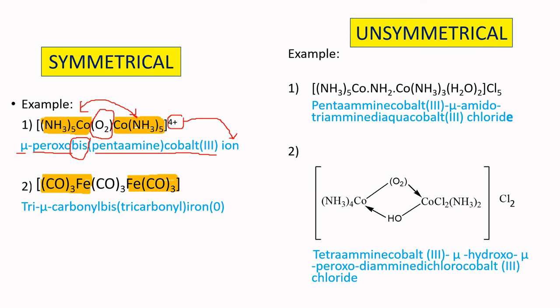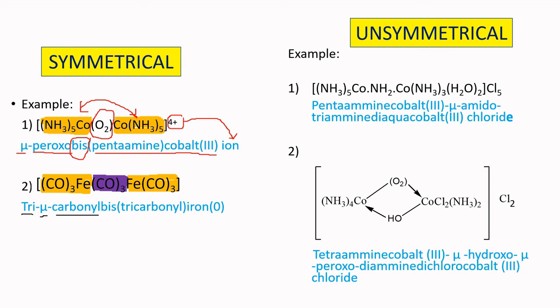So in this case, you look at the middle. This middle is the bridging ligand. And you see that you have 3 bridging ligands here. So how do we name this? We first name the bridging ligand. Since you have 3 bridging ligands here, it is tri-mu, and then CO is carbonyl,